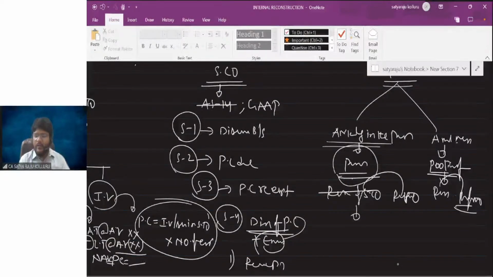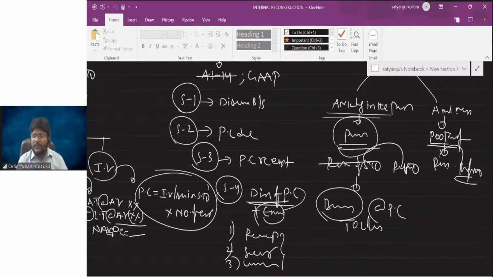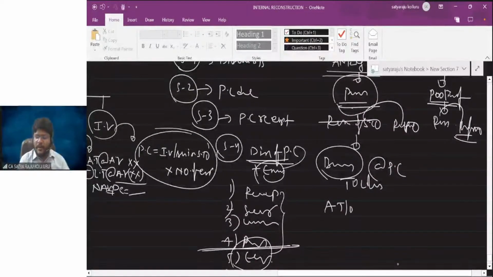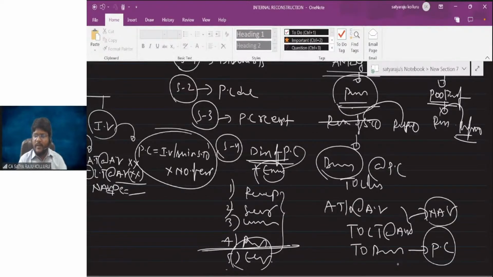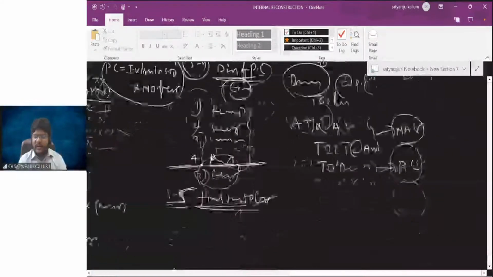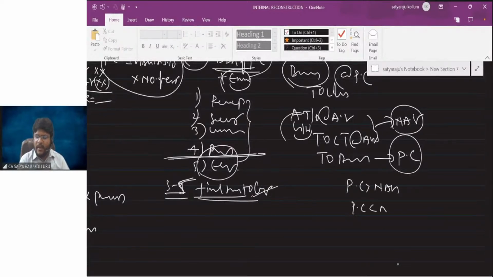What are the different entries we've seen in case of the purchase method? The first entry, business purchase to liquidator of selling company at the rate of PC. Business purchase means you should incorporate all assets taken over at the agreed values and liabilities taken over at the agreed values, which is nothing but NAV. Now you should cancel the business purchase with PC. Now you should compare the PC with NAV. If the PC is greater than NAV, then you should incorporate goodwill here. If the PC is less than the NAV, you should incorporate capital reserve here.